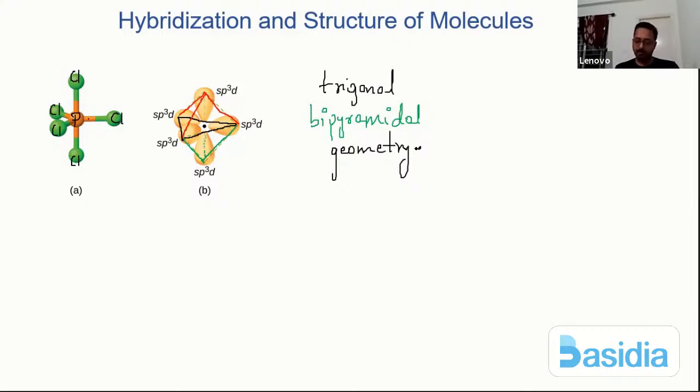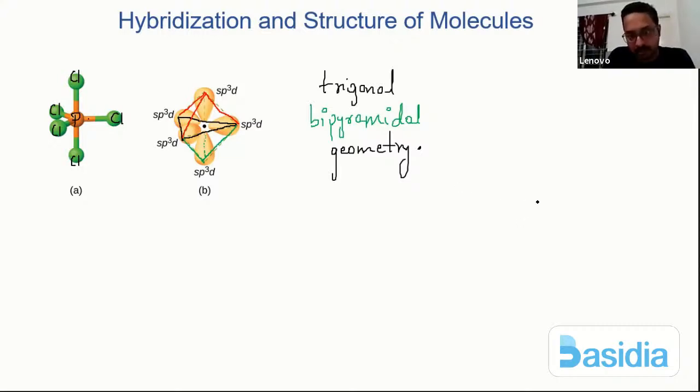Trigonal bipyramidal geometry. Okay, now when we speak about this trigonal bipyramidal geometry,